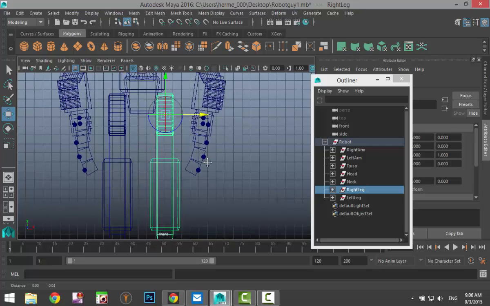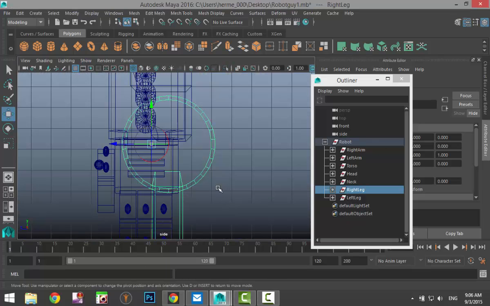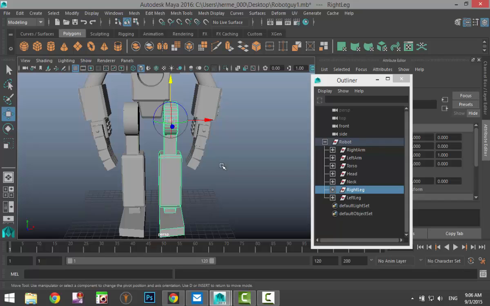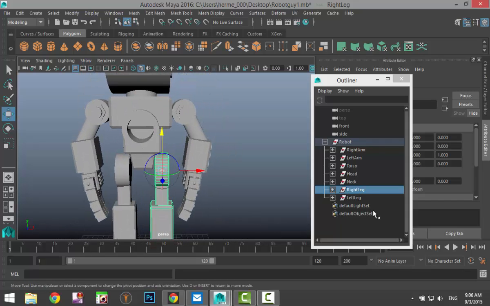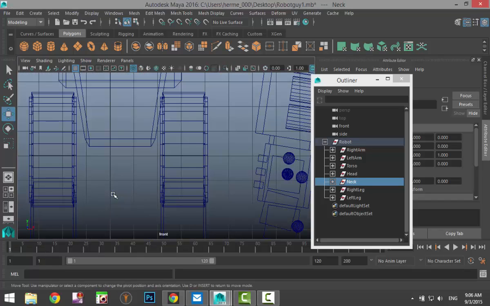Have to zoom in. Get it centered from this point of view, which is good. Then we're going to go to our circle. And we're going to move that in. And move that down a little bit. All right. So these two are done. Then we're going to go to our neck. From this view,